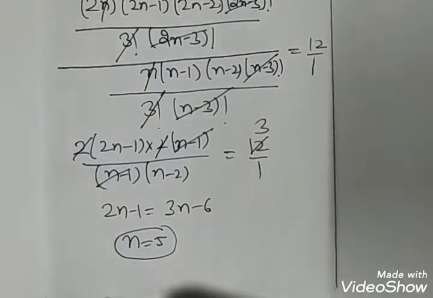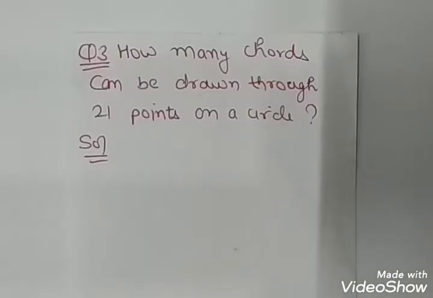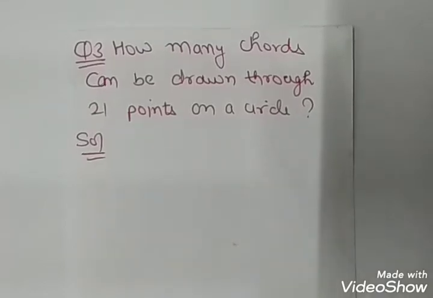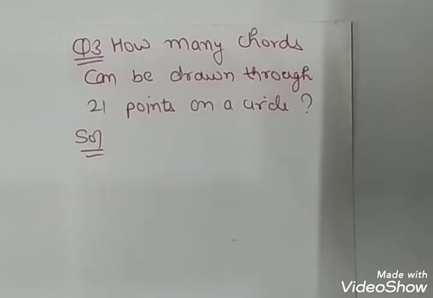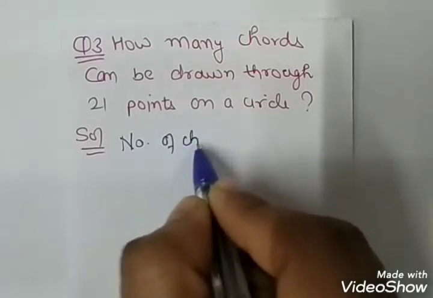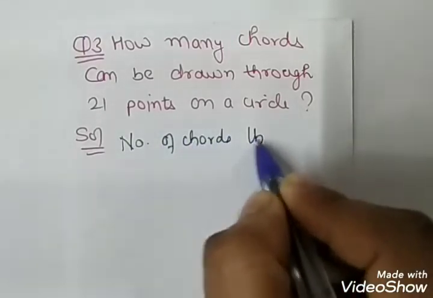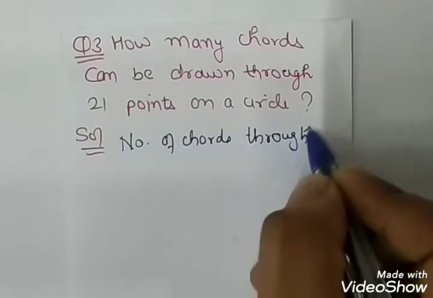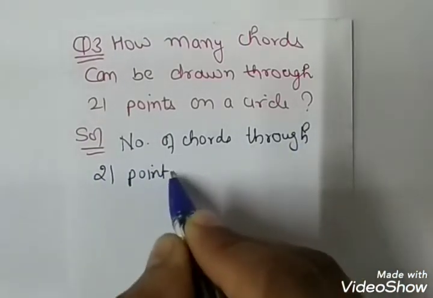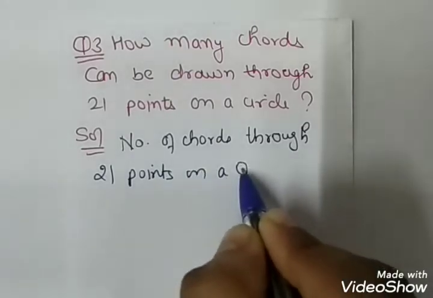Now moving towards the third question. The third question says: how many chords can be drawn through 21 points on a circle? We can draw the number of chords through 21 points on a circle equal to